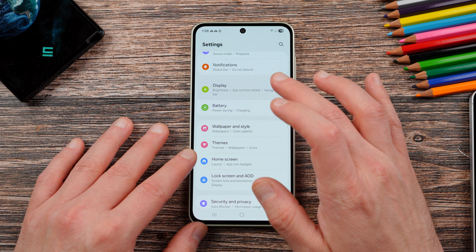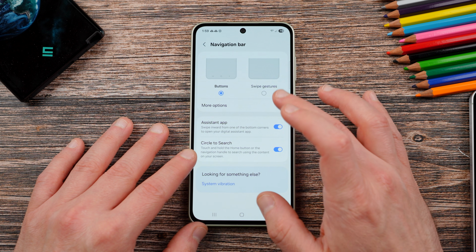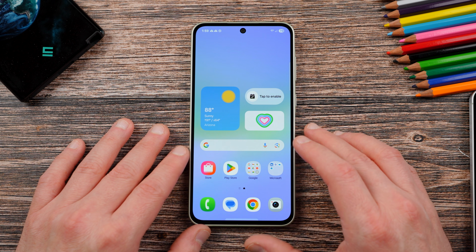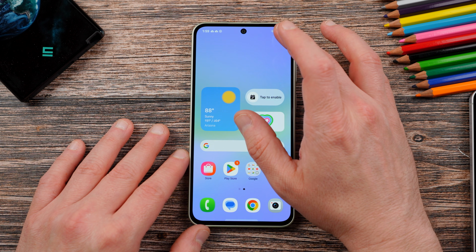I'm going to set it on gestures really quickly just because that's definitely what I prefer over the nav bar. And we can kind of see, took a second for it to switch over. It's setting up though, so of course, not really fair to fully judge it. Now, briefly, of course,